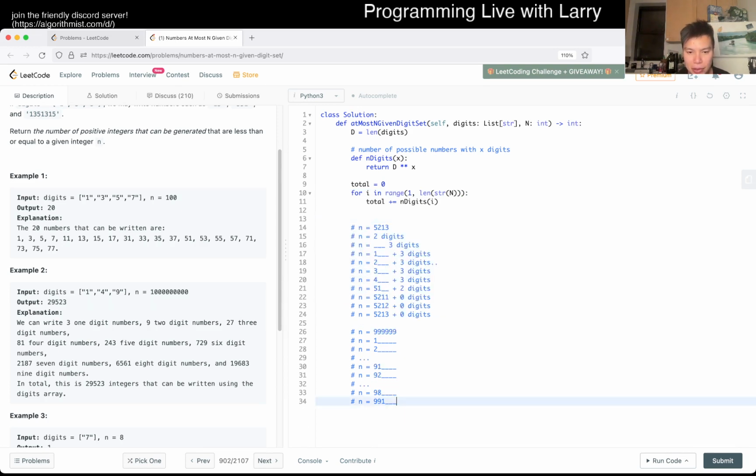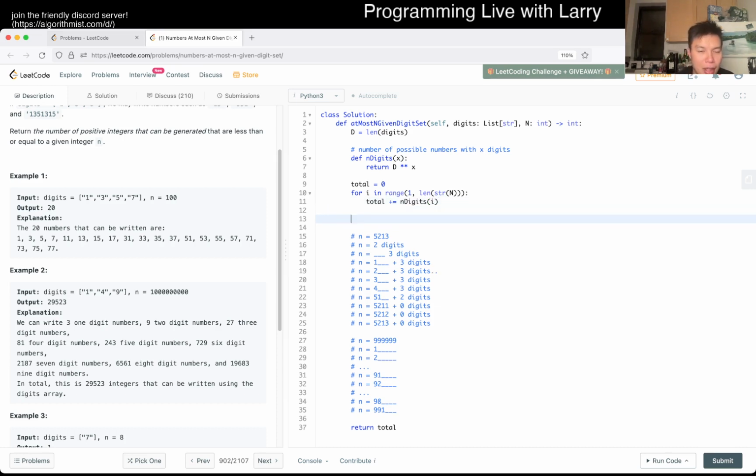And then of course we'll return total at the very end, and we don't have to worry about overflow because total can at most be n, right? So yeah, and also we'd time out before it overflows. So okay, maybe anyway. Okay, so then now for the last digit, we